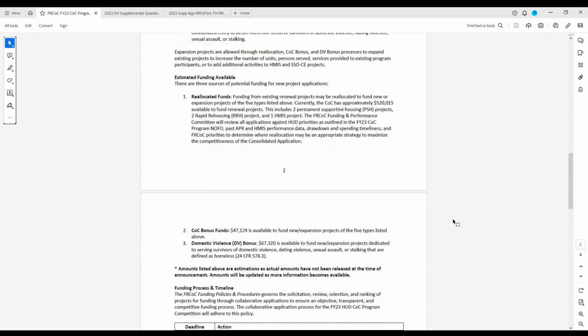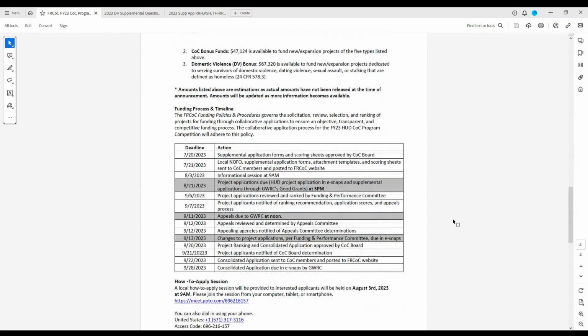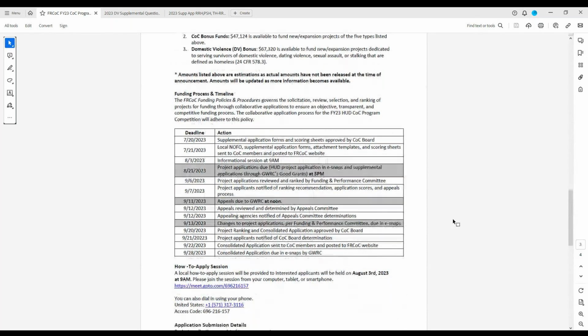Estimated funding, which we went over, and then I'll just quickly go over the timeline so you can see that. Applications are currently open. Those are posted on our website, and all the resources that you need to apply are there. Applications are due August 21st at 5 p.m. Anything that's submitted after 5 p.m. will not be considered.